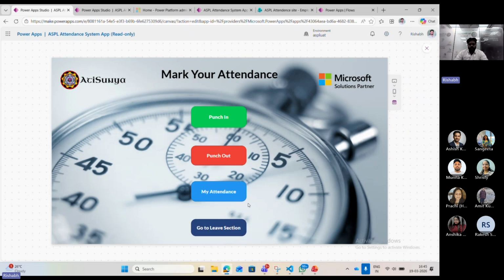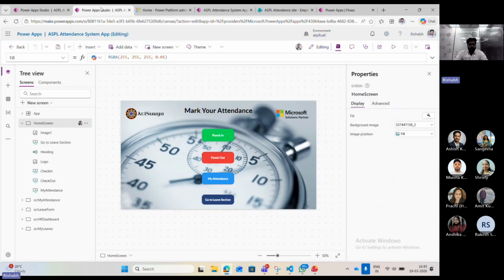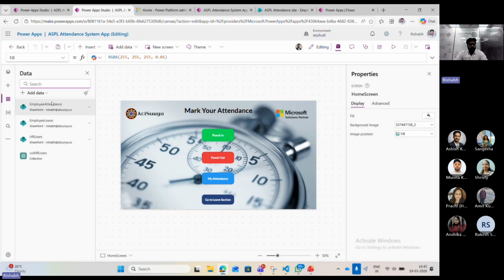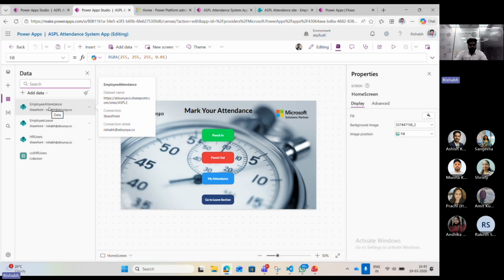So how this is working and how you can build it, I can also show you. This is the home screen of Power Apps where you can build it from here. You can use drag and drop options and select the data from here. Like I have added the employee attendance and leave. So we have two SharePoint sites actually: one for attendance and the second one for employee leave. You can see here,